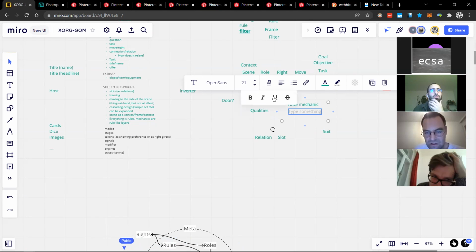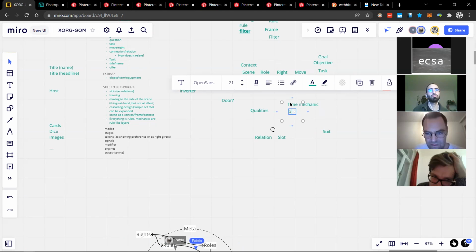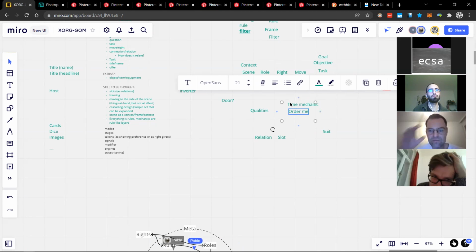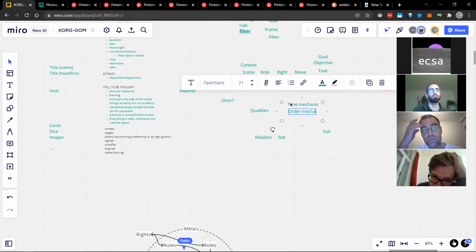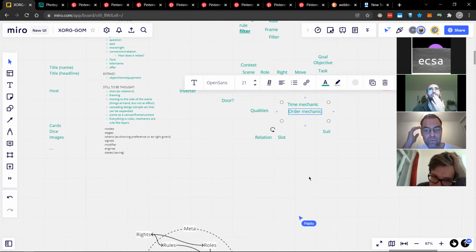I would call the time mechanic an order mechanic. This is often not recognized in game design. Turn orders, turns and rounds are artificial time. They are sequencing, and they are a way to create time-like things in the game.